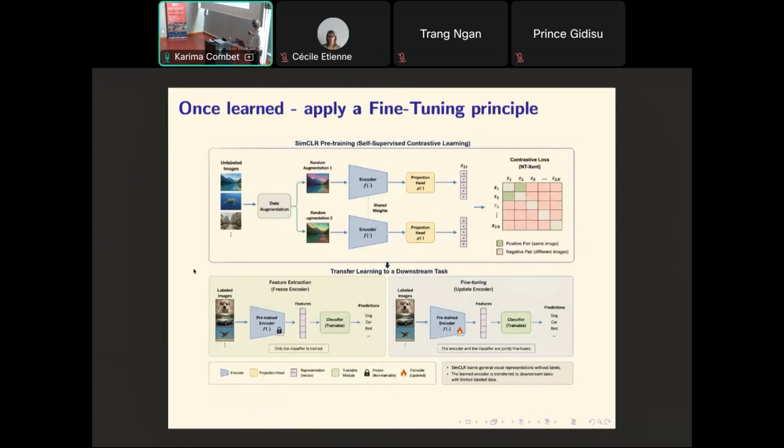So then what you can try to do is to take these images, do the augmentation, and you obtain some representation at some point. And then for the images that are similar, you try to move them closer in that space. For the images that are different, you try to move them away. Once you learn that, you keep this part, the encoder here, and then you freeze it. And what you can try to do is to add a new classifier after the features you learn here to make a prediction, or do the same principle as fine-tuning that we saw before, fine-tuning the last layer of this model to adapt to your new target task.